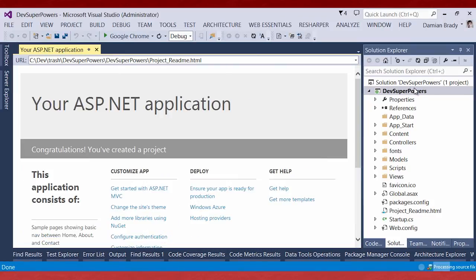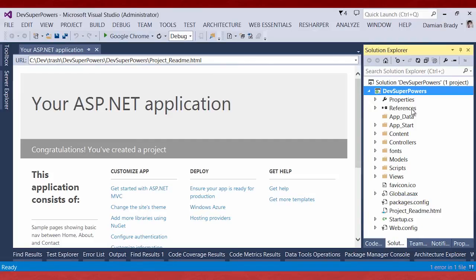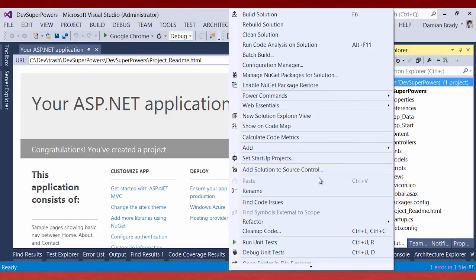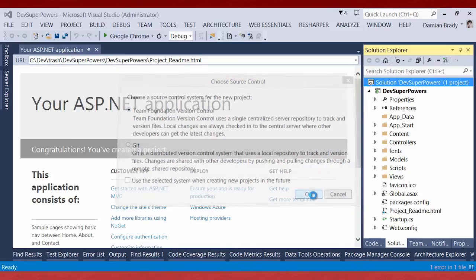Okay, so we've got our new project. That's great. So the first thing we want to do is check it into source control. So let's turn that guy off. If I can, we'll pause it. Right, so what I want to do is right click on solution and say add solution to source control. So because we're already connected, it already knows how we want to do it. We're going to choose Team Foundation version control,